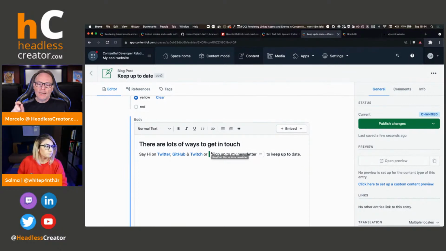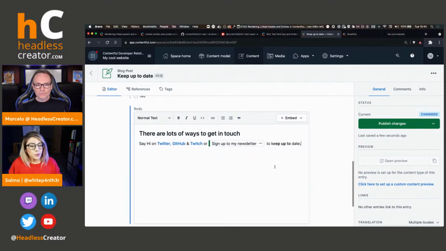You said you're going to do inline and not block. For those that aren't familiar with it, what is the difference between inline and block entry, both from the authoring perspective, but also from the developer perspective? So it's a little bit like